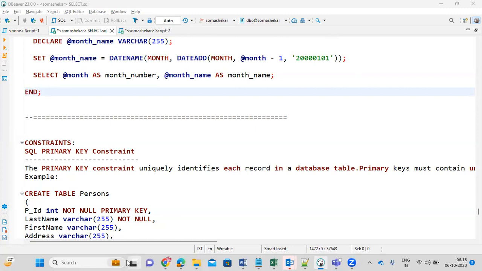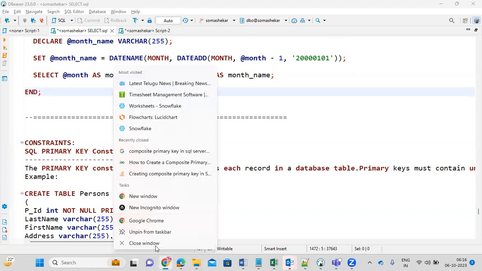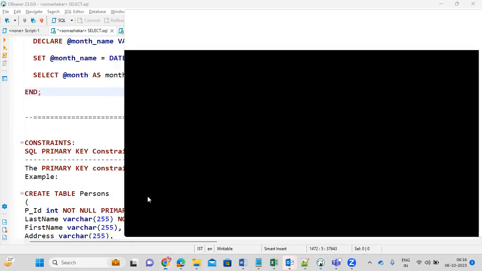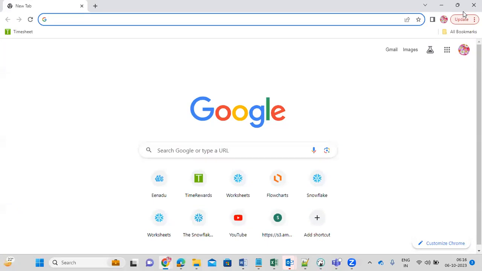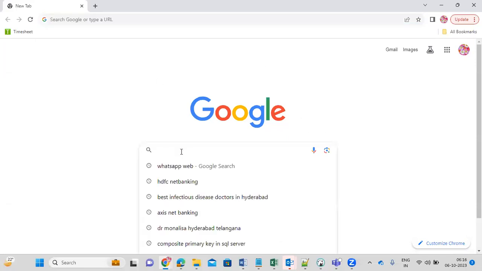Fine. You can open any web browser. Just follow the steps and note down the steps, so that it is easy. There is no confusion, it is easy. So in this web browser, just type here